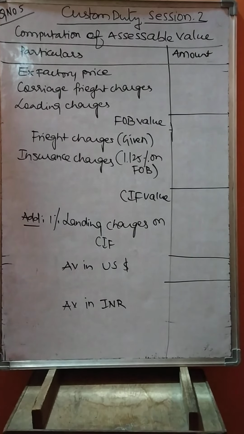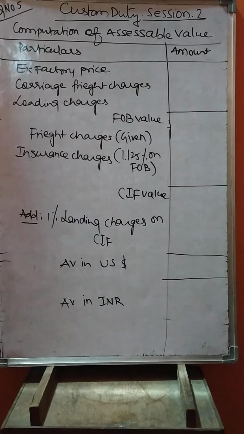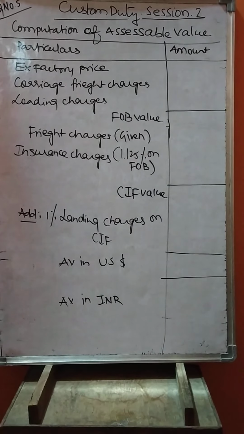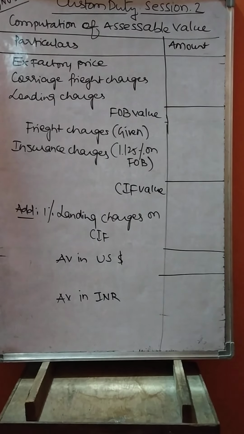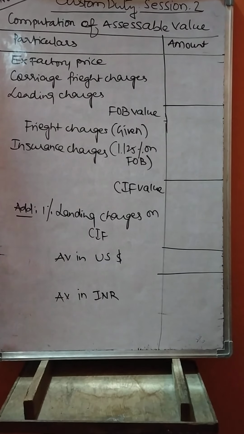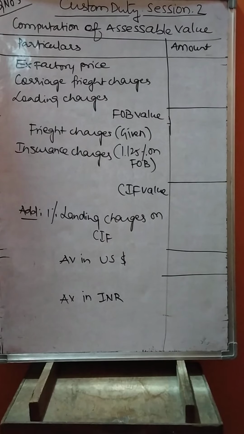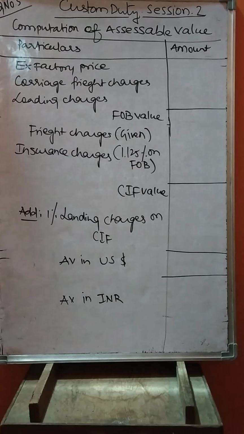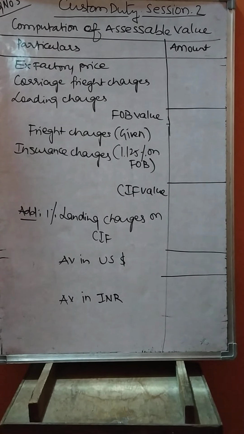They have given the exchange rate announced by CBIC and RBI on bill of entry and on inward to India. Both the rates are available. We need to consider the CBIC rate, that is 1 US dollar is equal to 65 rupees, and as on 20th June 2018 it is 64 rupees. 65 rupees is to be taken into consideration. Let us solve the problem.